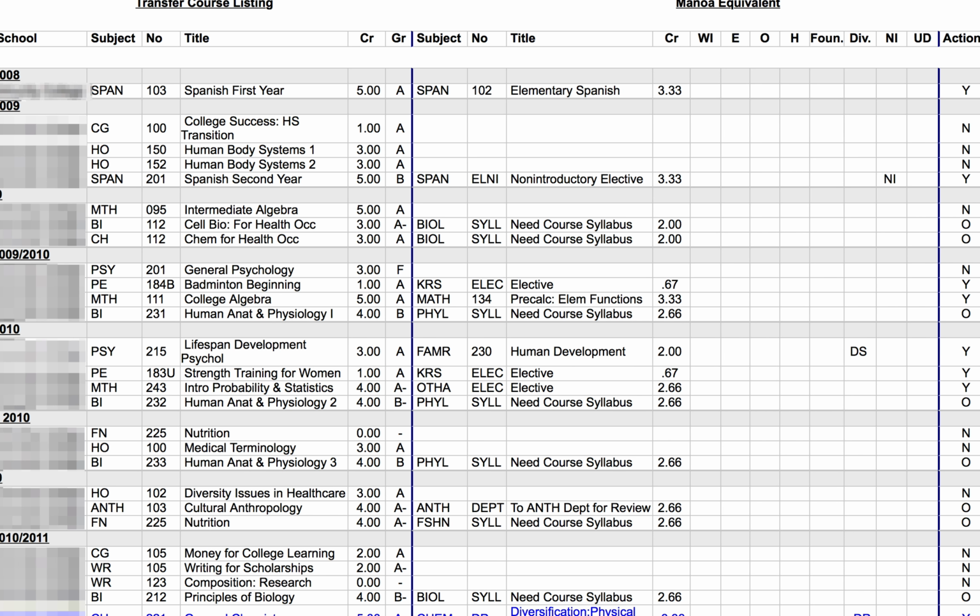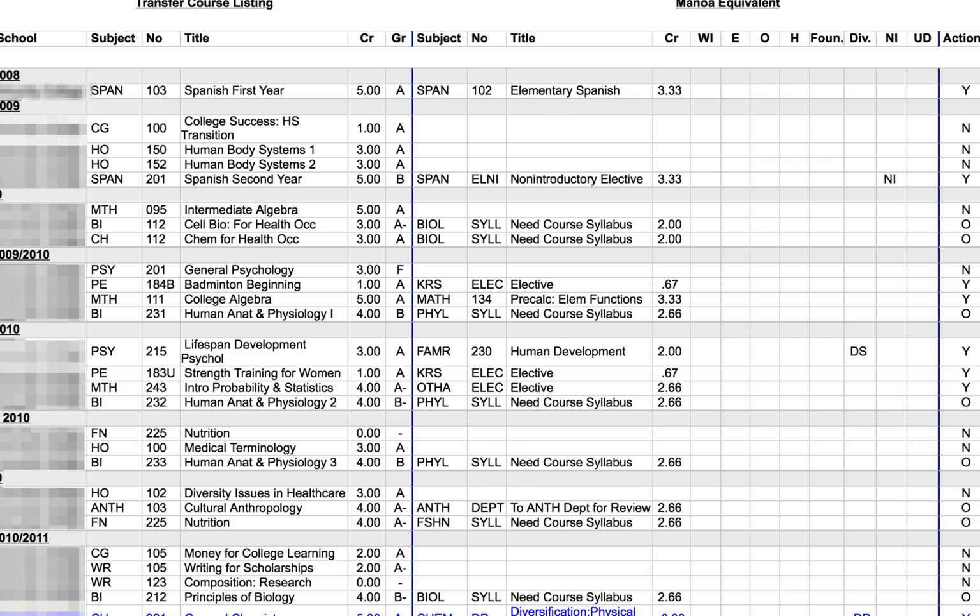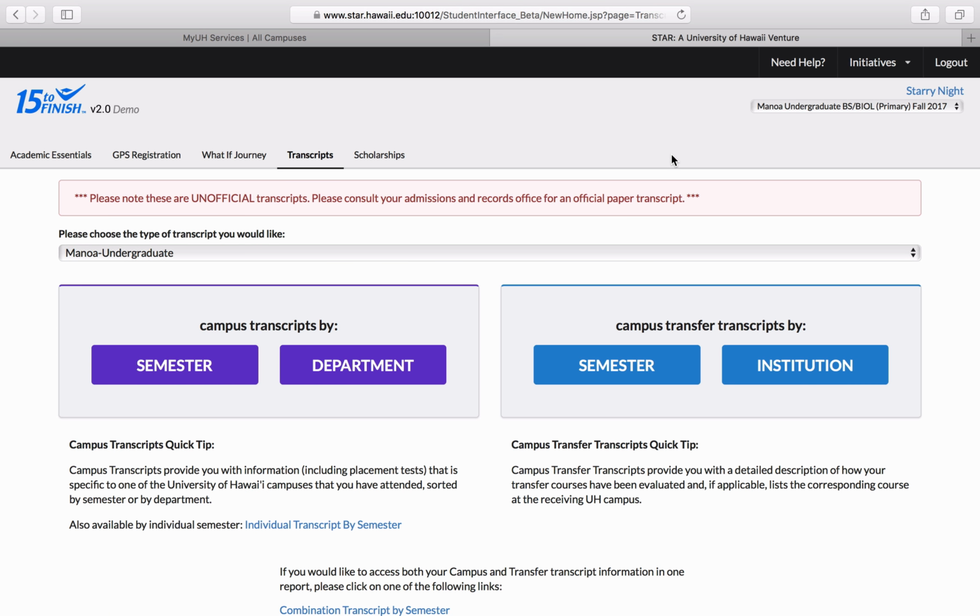From the moment you email admissions, it can take up to 10 weeks for your evaluation to be processed. So please act quickly and submit your detailed syllabi as soon as possible if you see SYLL on your transcript. Now that we're done discussing transcripts, the last tab in STAR that we will discuss in this module